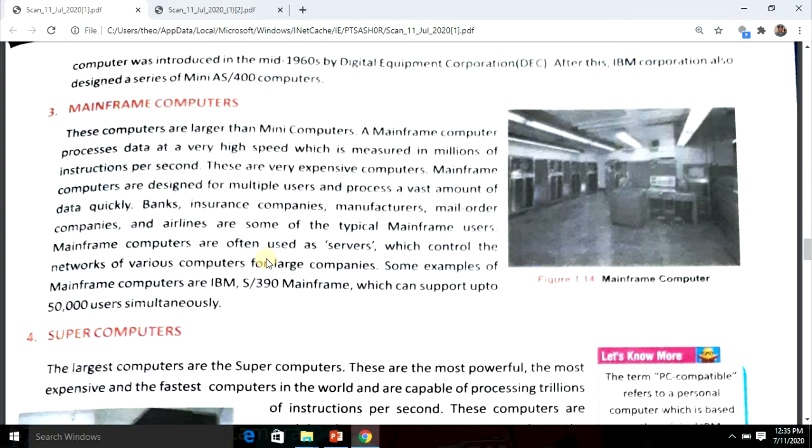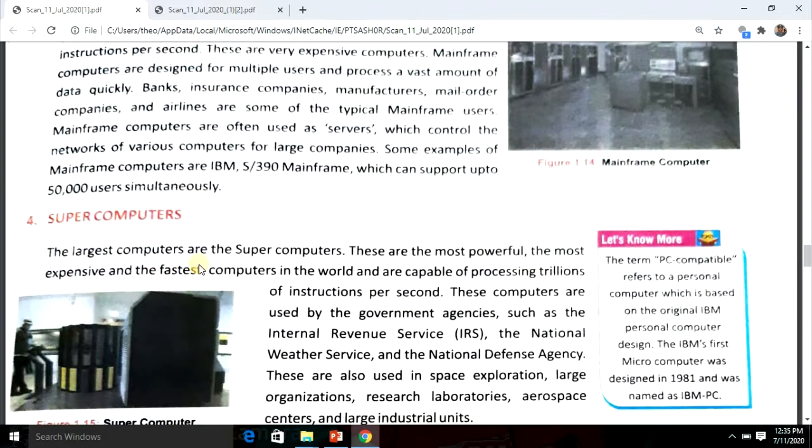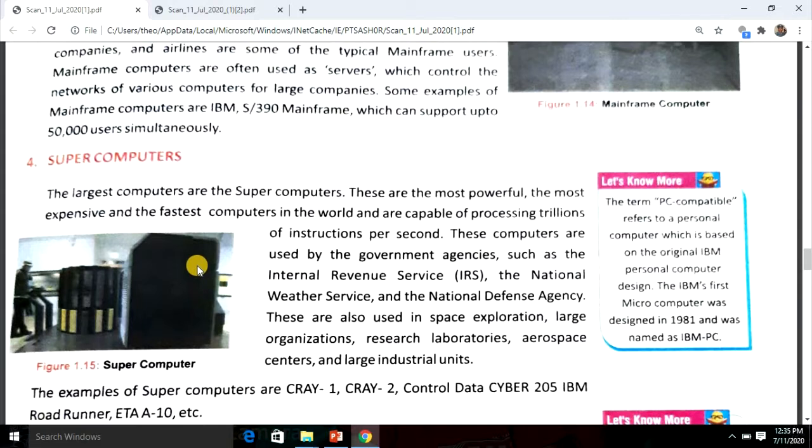It is used by banks, manufacturing companies, mail order, airlines, and railways, and these types of computers are used as servers. They control the network of various computers. Examples of mainframe computers are the IBM S390 mainframe, which can support up to 50,000 users simultaneously. Is it clear? And the fourth and the largest computer is the supercomputer, the most powerful,